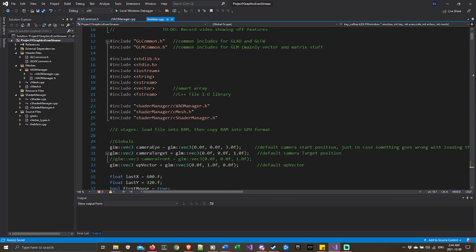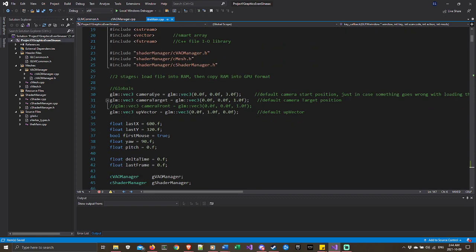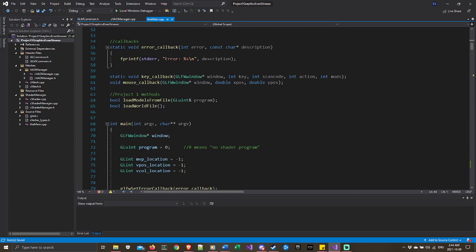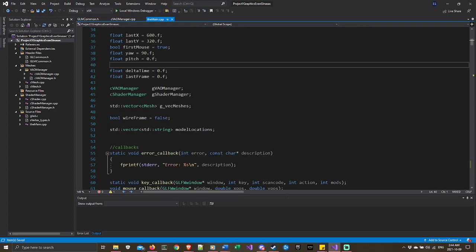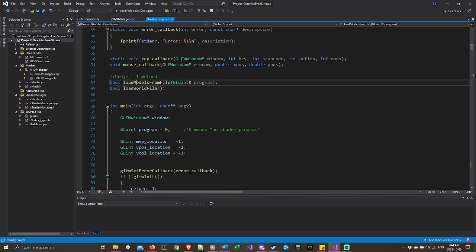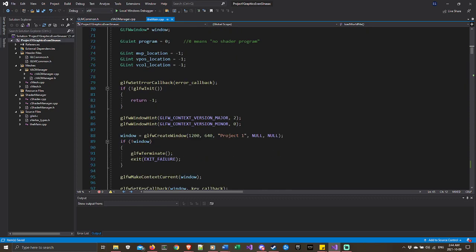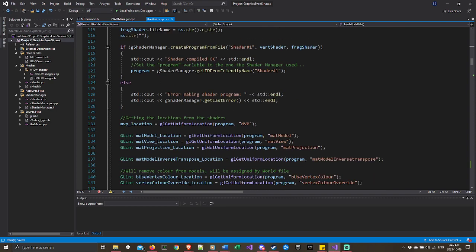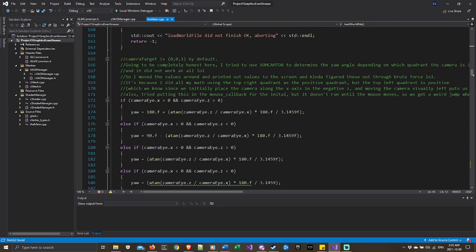So as far as the actual GLFW stuff, camera stuff first, actually. Error callback. Yeah, so these are going to be my load functions. But since I'm talking about the camera,